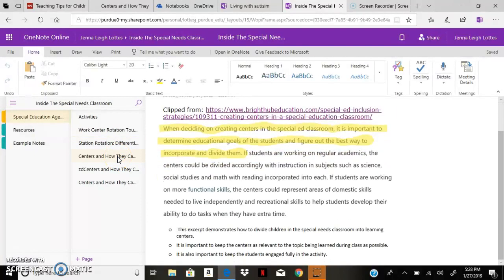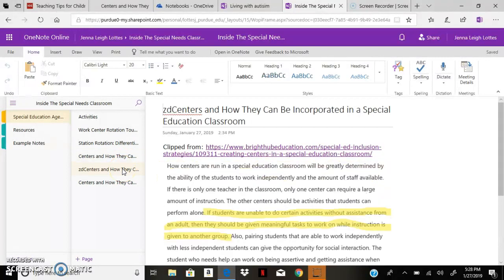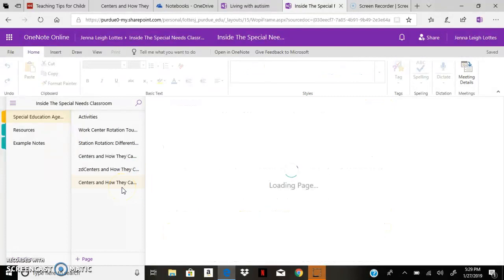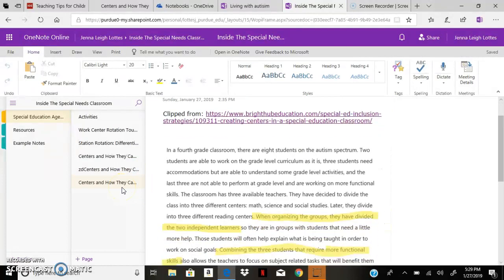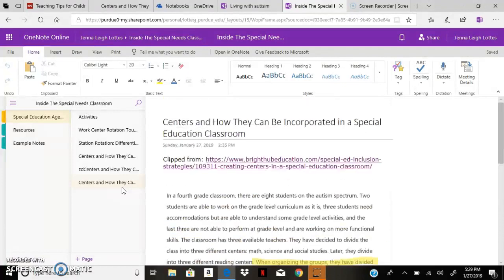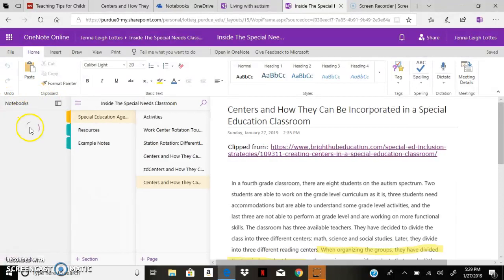And here's an article I found, which I've highlighted and annotated this excerpt. And then this other excerpt and annotated it. And this last excerpt that I annotated, and then I added the tags to help you find the article that I searched. And then my second notebook